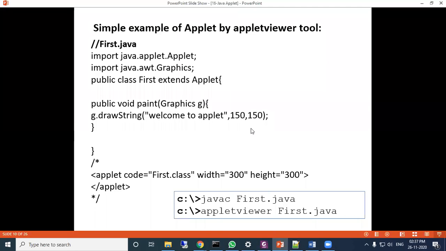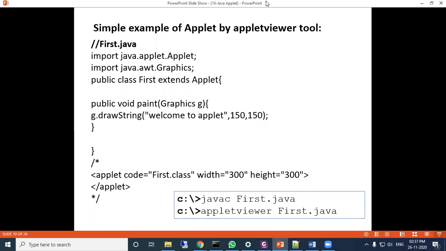There is another class, the Graphics class, which is under the AWT package. You have to import it so you can use it. The paint method receives one Graphics object as a parameter, and using that object we will call the Graphics class methods.